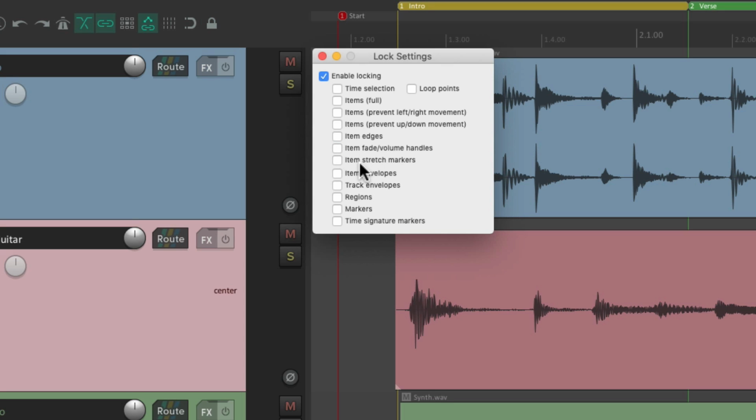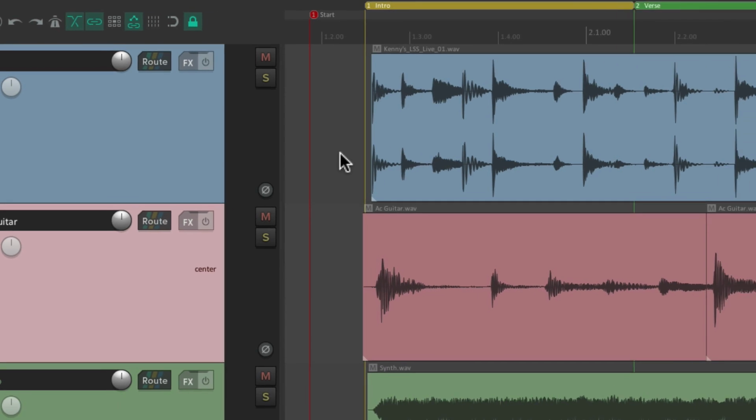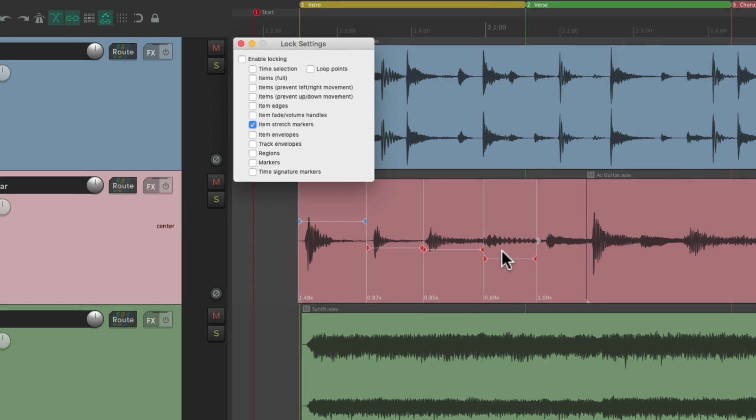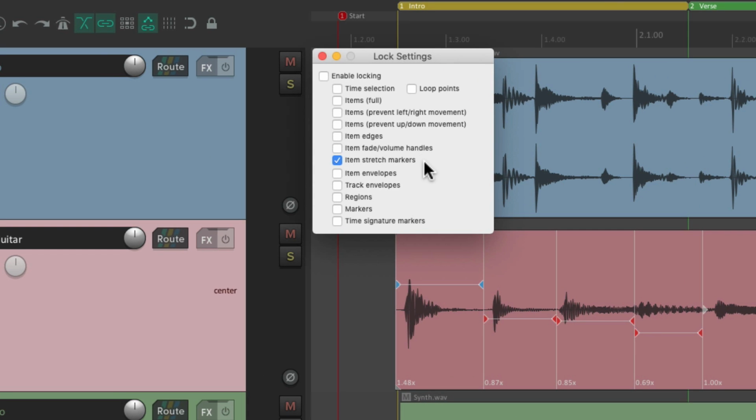The next option is to lock our stretch markers. Let's unlock it for now, and let's create some stretch markers in here. I'll place them on some transients so we can stretch our audio like this. But if we're happy with our changes and we don't want to accidentally readjust them, turn on locking with stretch markers